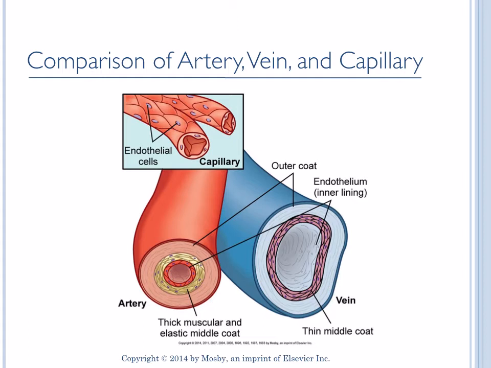Then we have small venules and also veins. Veins are larger in diameter, but they are also thin walled vessels, and they return the blood to the right atrium. The venous system is a low pressure area, but it is a high volume system. So in the venous system, there is low pressure but high volume. The larger veins contain semilunar valves at intervals to maintain the blood flow towards the heart and to prevent the